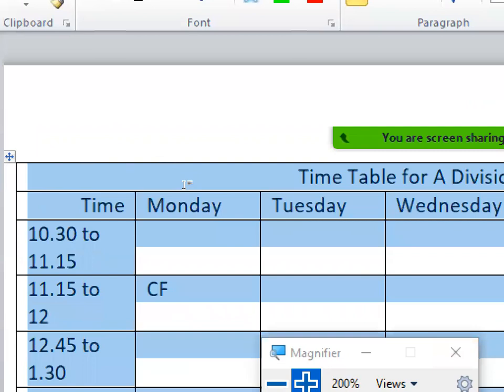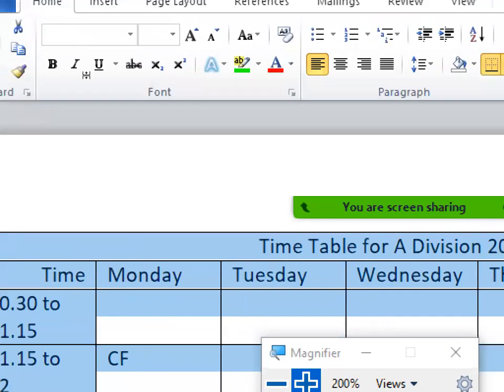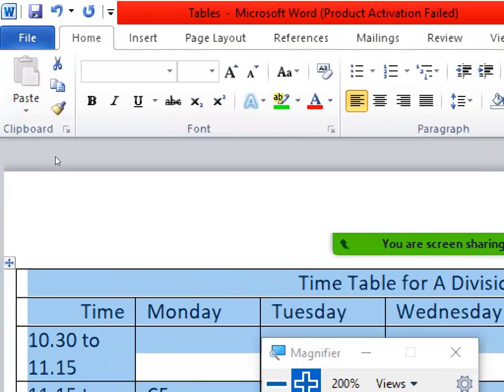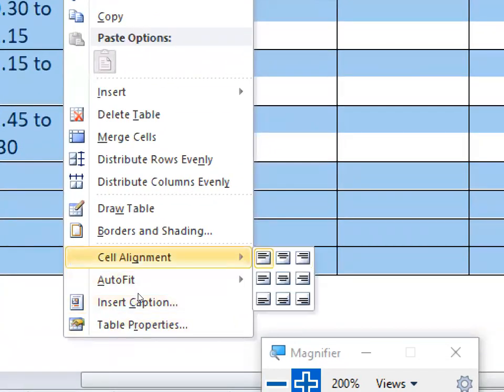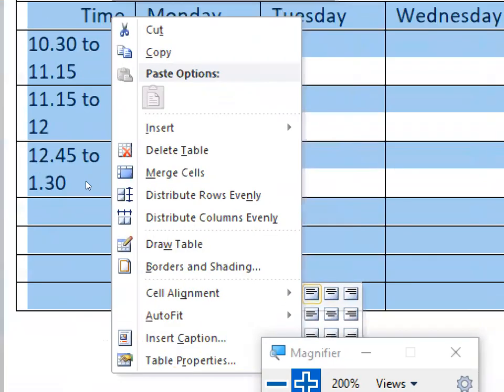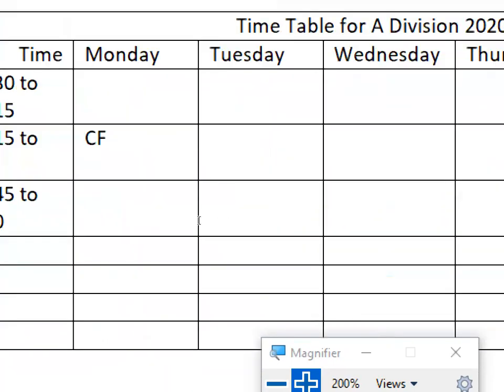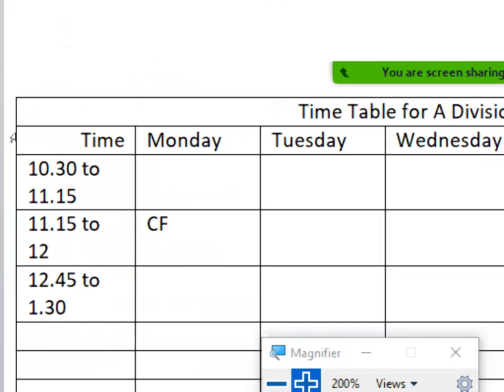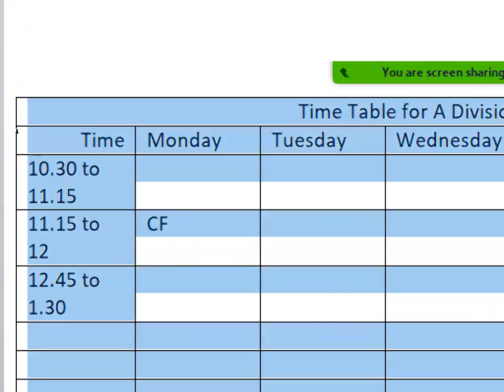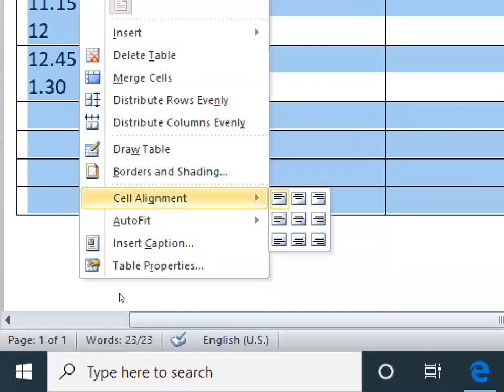So the entire table will be selected, and then you can right click and say cell alignment. Here you have the option as cell alignment. If you want to apply left, right, and so on alignment to the entire table, you need to select the table first. So select this table, right click, and then go to this cell alignment option.